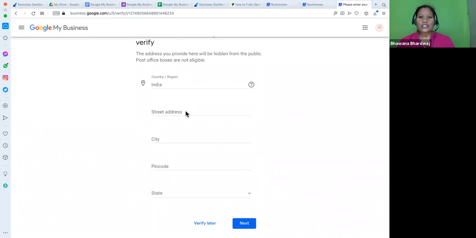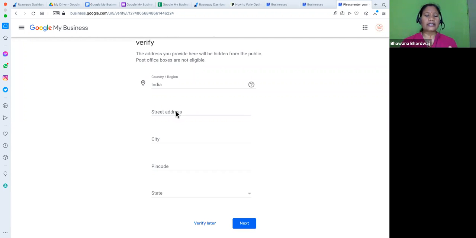Right, it's okay. So if Google My Business is not verified, the Google tools are not available to you. All the tools are not available to you. So you have to wait for verification. It may take a maximum of 12 days, not more than that. And Google My Business is the fastest way to come into Google, whether you are listing yourself as a professional, a service provider, a consultant, an advisor, or as a physical business place.